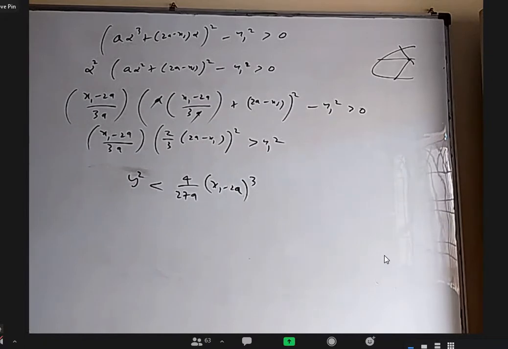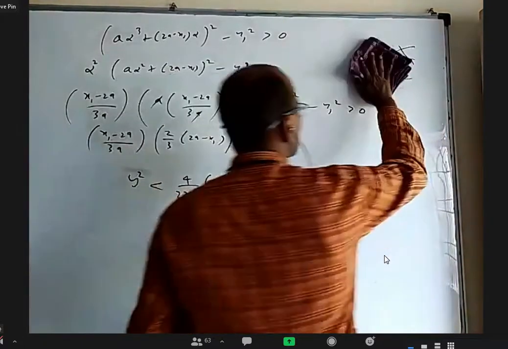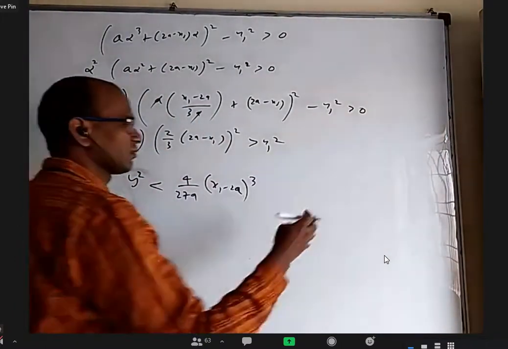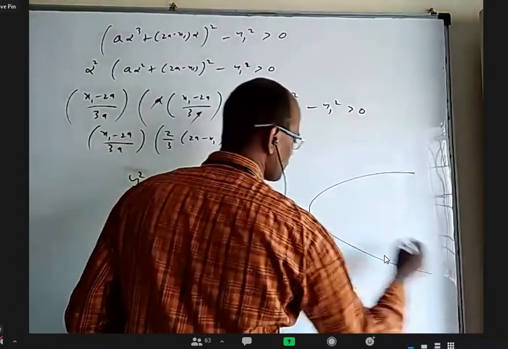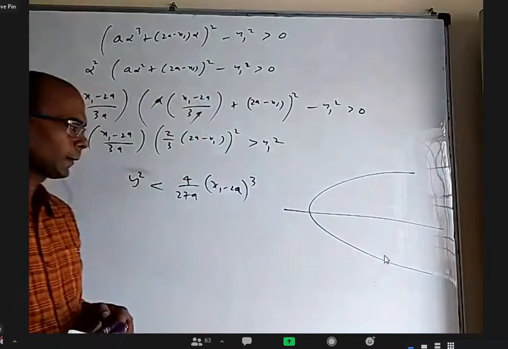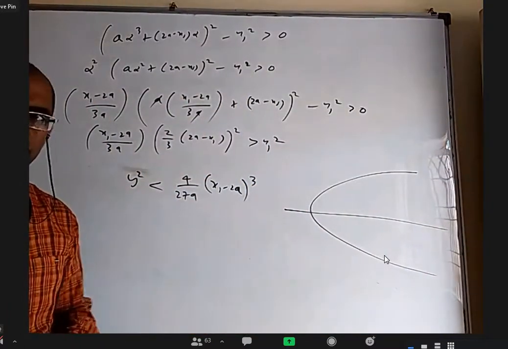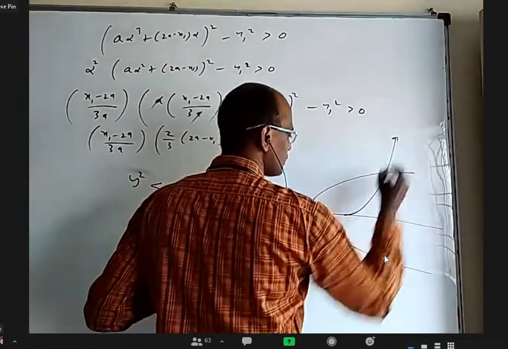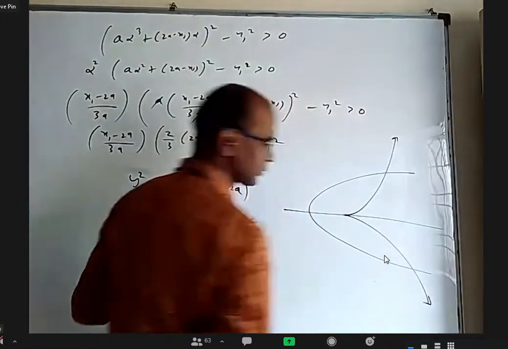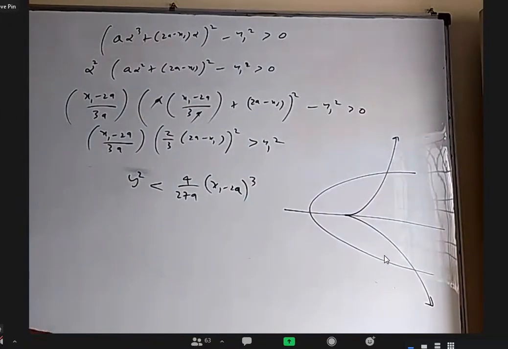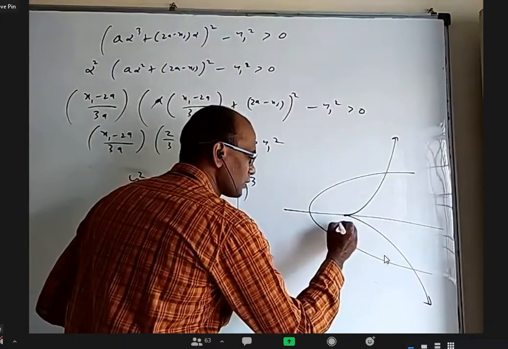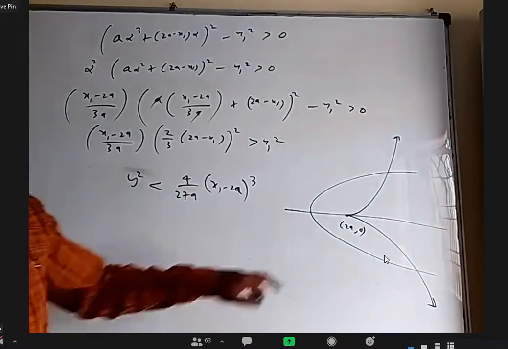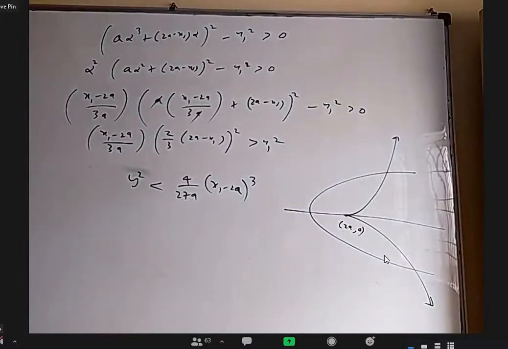Yes, sir. Okay. This is a relatively difficult question. So if somebody understood but is not fully comfortable, don't worry. But I'll explain one point. This curve, what is the figure of this? It will be a curve like this and a curve like this. And there is something special about this point, which is 2a comma 0. Okay, did we come across 2a comma 0 anytime before?